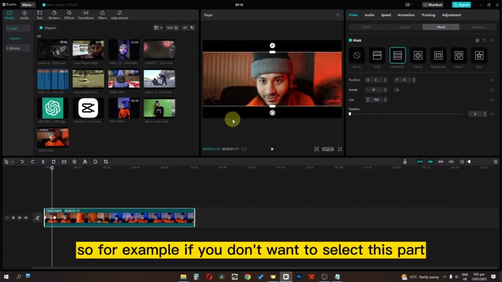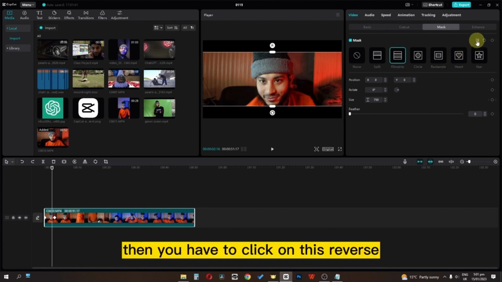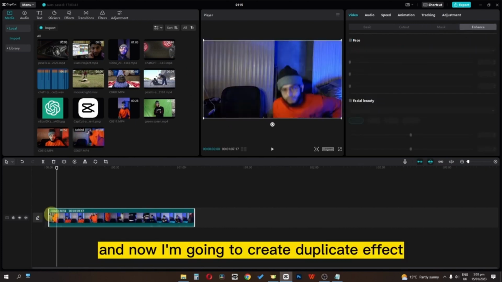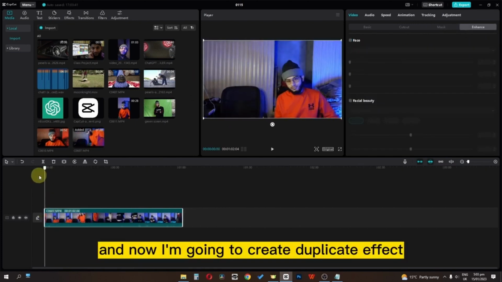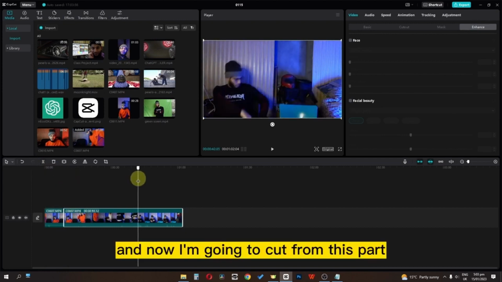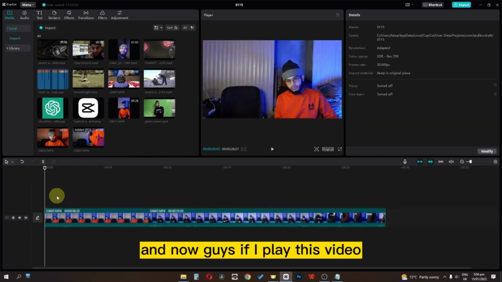Now you can also invert this mask. So for example, if you don't want to select this part that is inside the mask, then you have to click on this reverse and it will invert this. And now I'm going to create a duplicate effect. So now I'm going to split this clip, and now I'm going to cut from this part. Let's delete this part. And now guys, if I play this video,